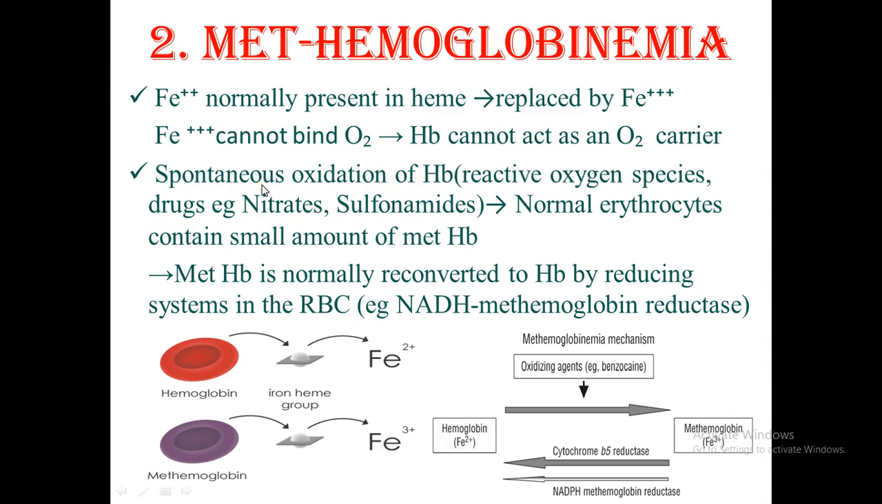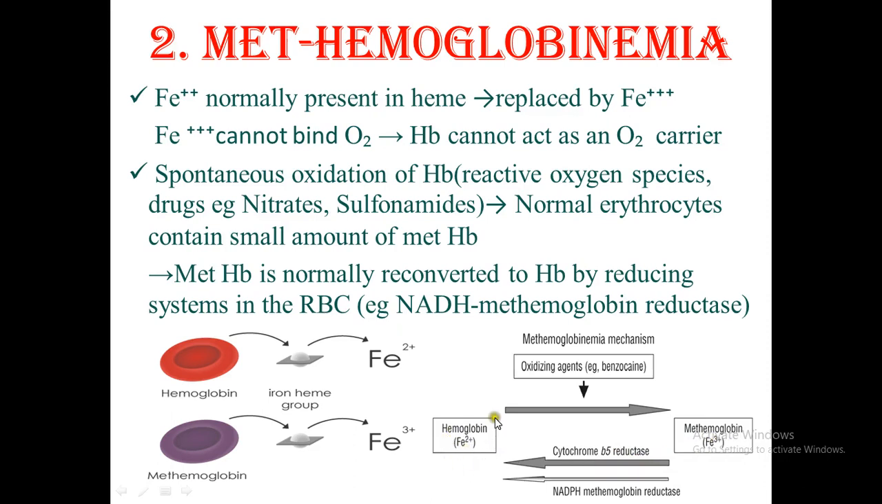Hemoglobin can get spontaneously oxidized, and so its ferrous iron can change to ferric. How? By reactive oxygen species or by certain drugs like nitrates, sulfonamides, etc. They change the normal ferrous iron to ferric iron by these oxidizing agents. However, normally there is cytochrome B5 reductase present, which reduces this ferric form of iron and changes it back to